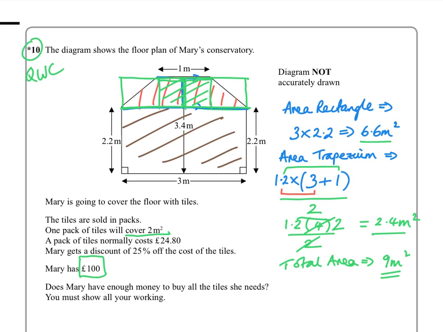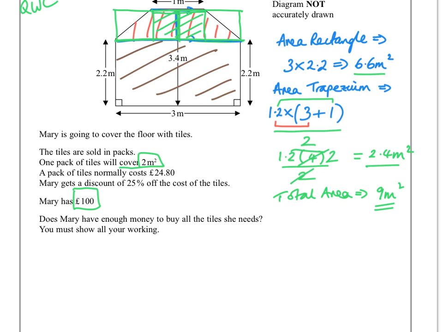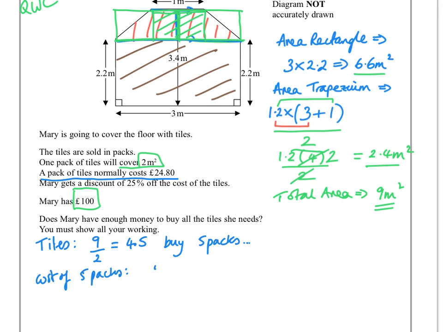So one pack will cover 2 metre squares. So the first thing to look at would be how many packs of tiles we would need. Well, if we've got 9 metre squares of tiles, this would be 9 divided by 2, which is 4.5. So we'd have to buy 5 packs for sure to have enough. A pack of tiles costs normally £24.80. So the cost of 5 packs, that will be 5 times